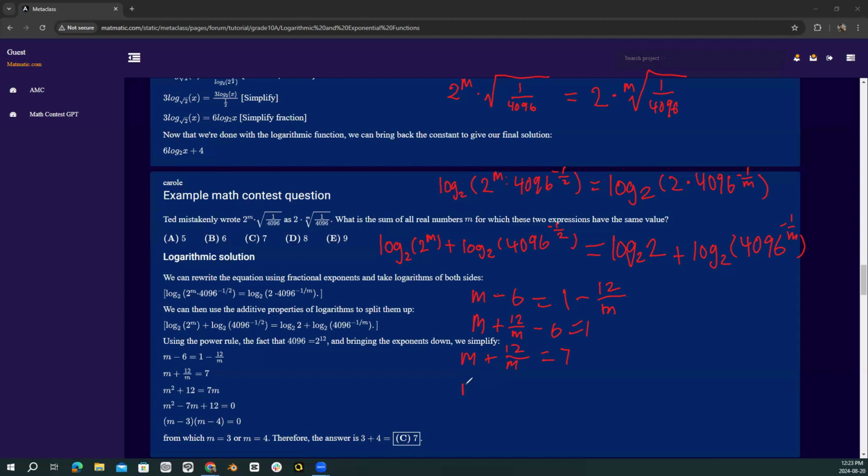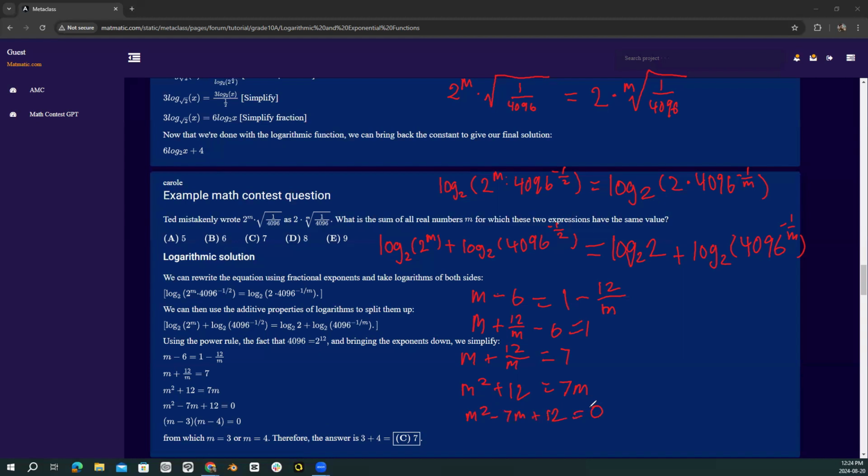So we would get m squared plus 12 equals 7m. Now this might look familiar to some of you, because this is actually a quadratic equation. So we can rearrange it and bring the 7 over to get m squared minus 7m plus 12